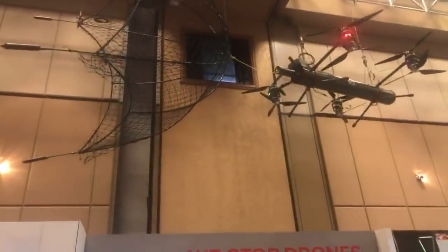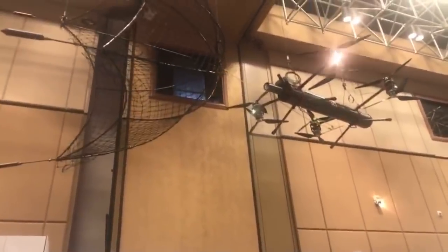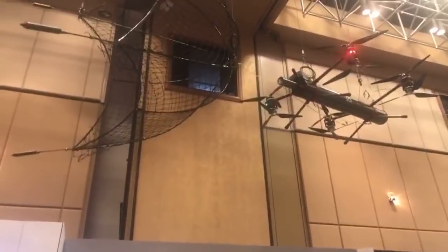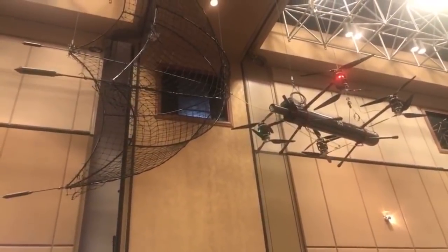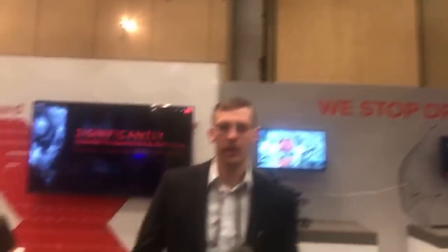And Trey, is this your own design? Did you engineer this? So this is an original SCI design. That includes the interceptor, the dock that the interceptor lives in, and all of the software to make it work autonomously. So the real magic here